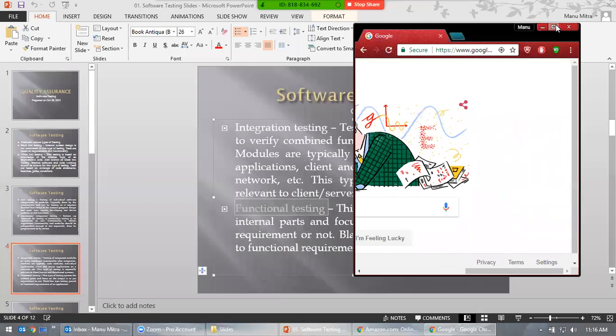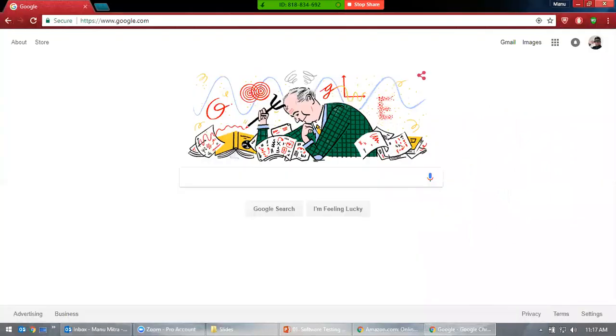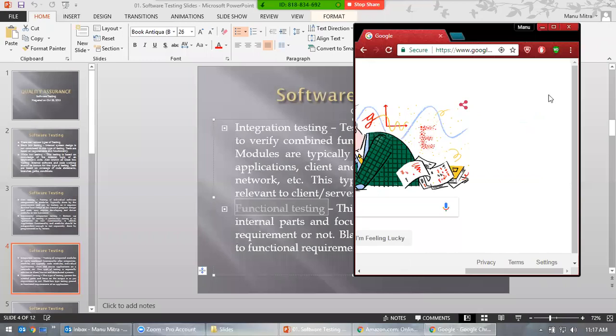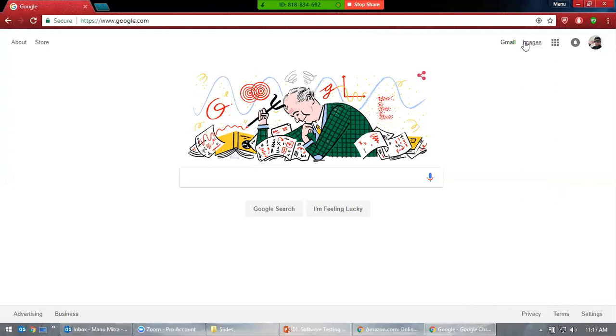Again, I cannot say this is a defect. It might not be an intended feature. You have to refer to the documents for that. But from a customer's point of view, I'll be taking it as a defect, because I'm minimizing the screen and I'm using MS Word to type this, so I want to minimize it. Meanwhile, I want to navigate to the images section. There's no image option. Only if I maximize it do I get this option.